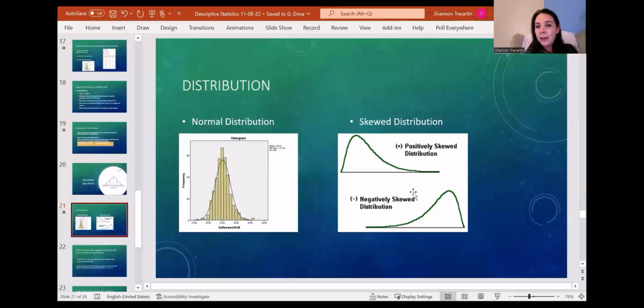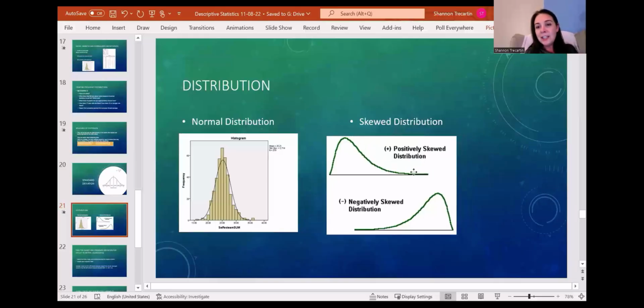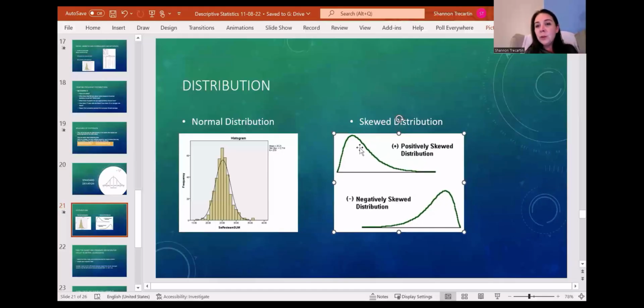When you have an outlier, let's talk about the variable income. I told you in the previous video that if we were all taking this research class and we had one person that was this wealthy business owner and she decided to take our class, she would really skew our variable, right? It would pull it really far to the left. And if we took the average income, it would look like all of us made quite a bit more money than we actually make. So to combat that skewness, you take the median, which is the absolute middle number, or